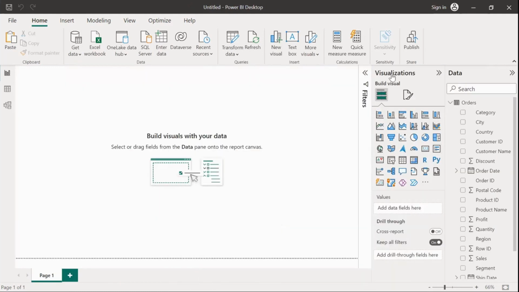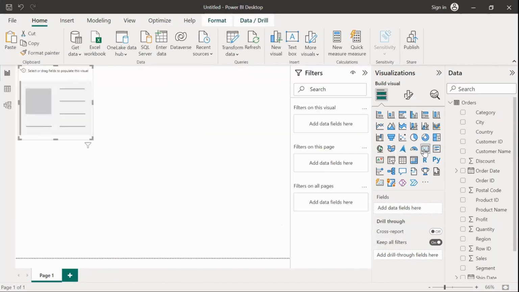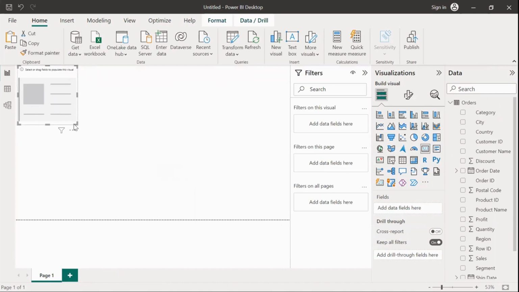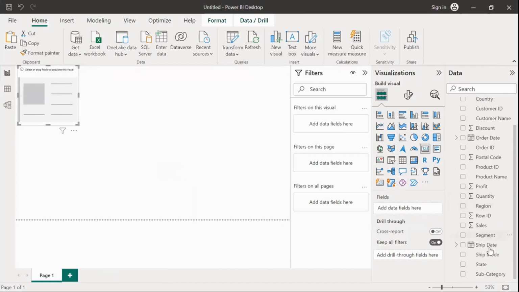For that, you need to go in the visualization tab and we will click card here. Okay, we'll just click on it and this thing appears. You can customize it yourself, you can resize it. So in the field section we will add the value which we need to show here. We need to show how much sales we have done till now. So I will drag the sales and drop it in the field section,